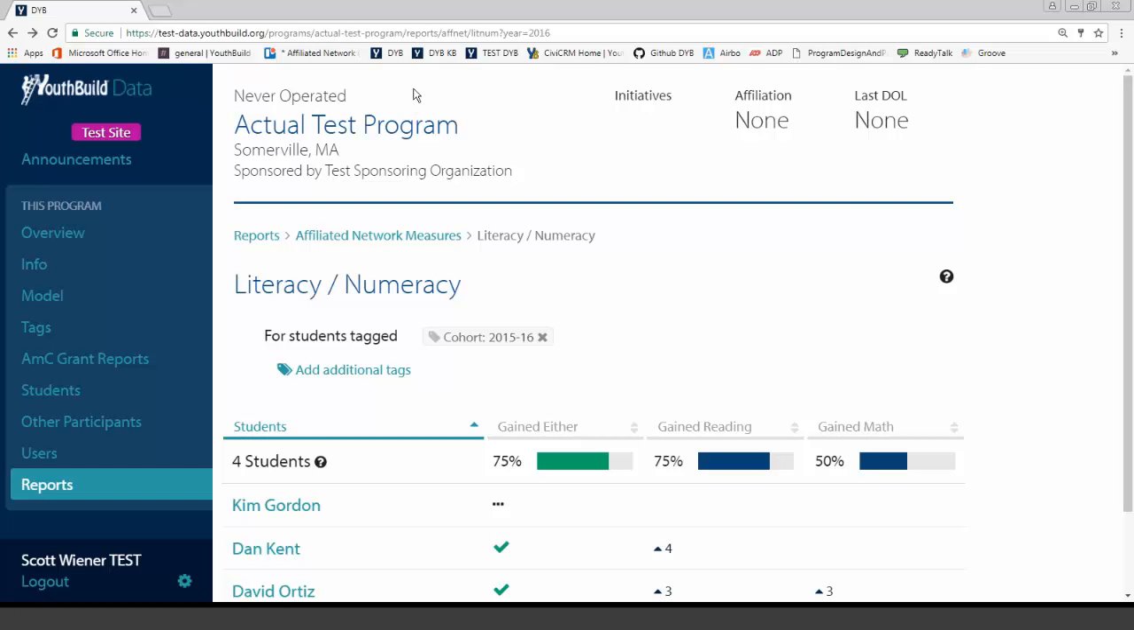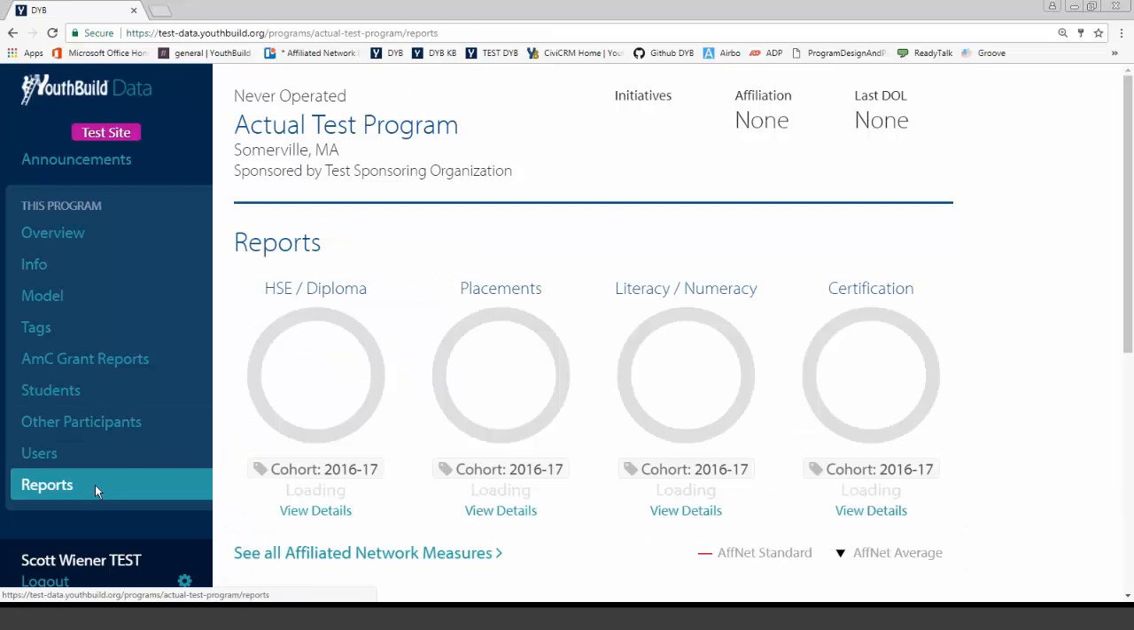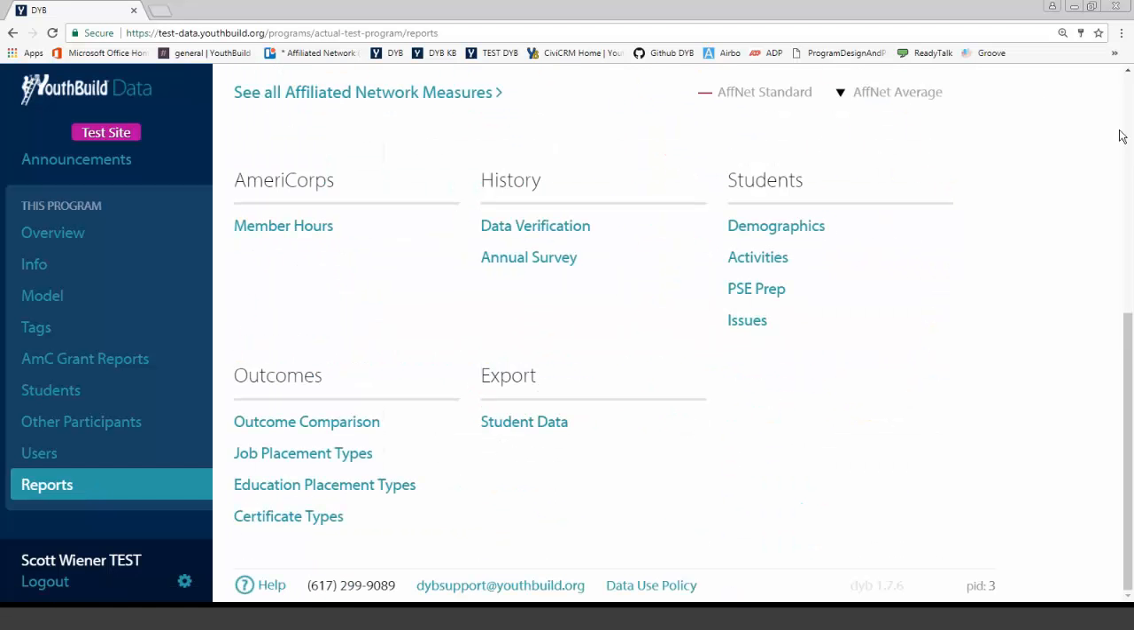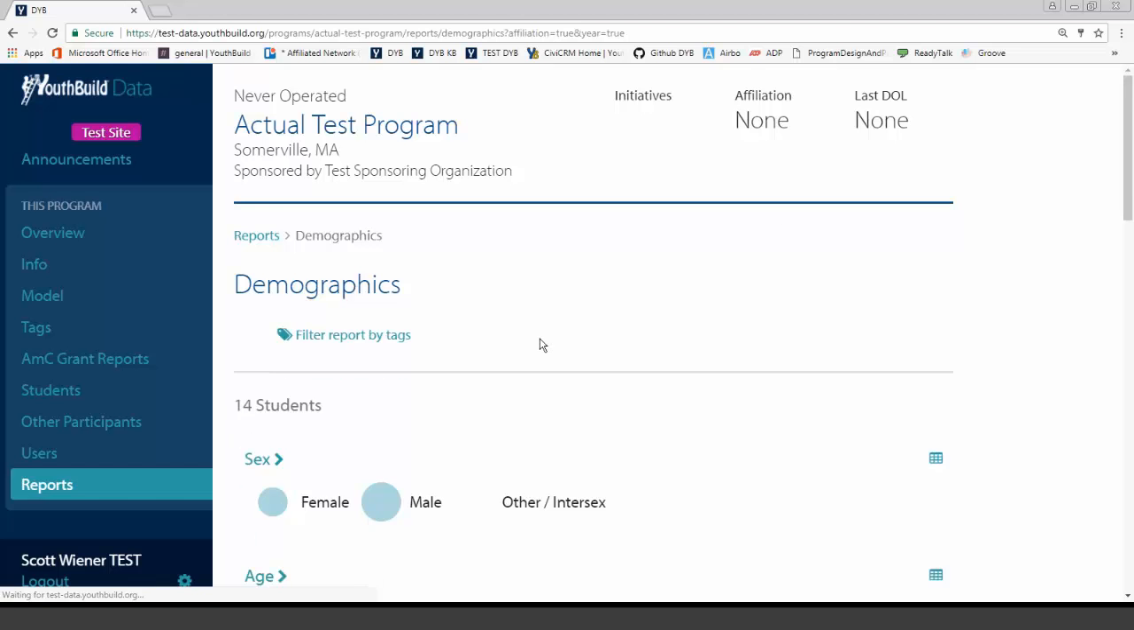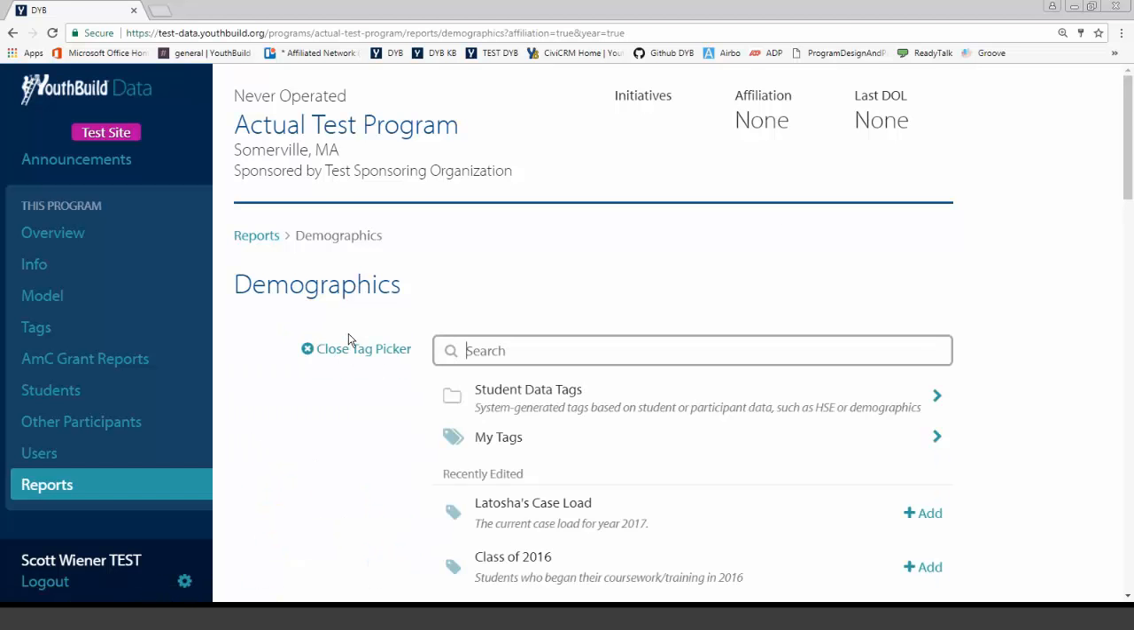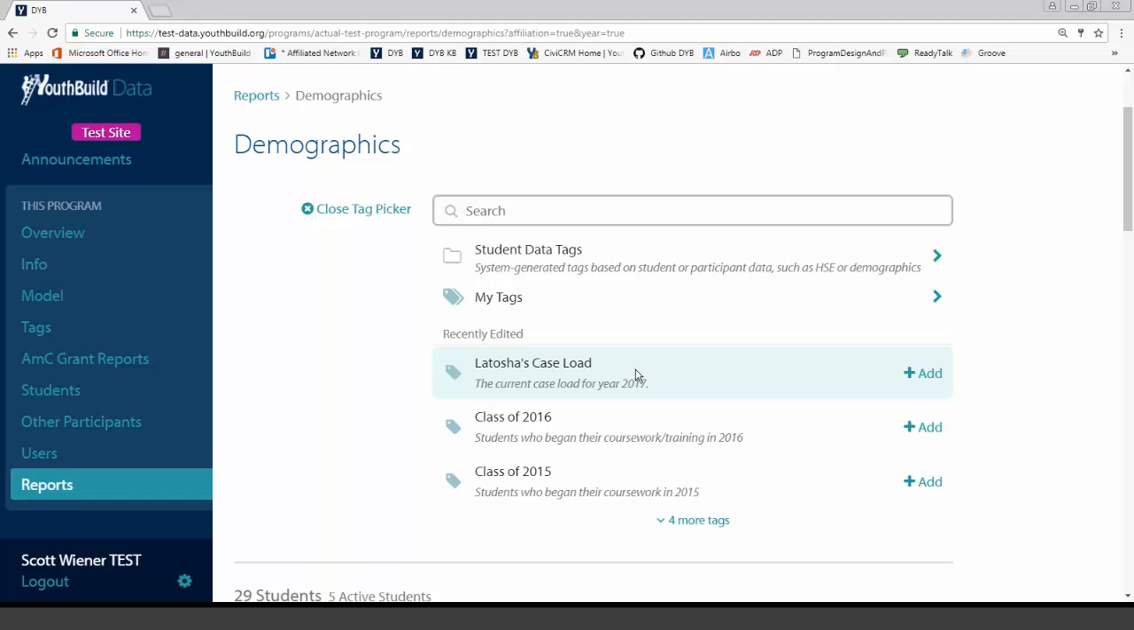Let's do another report example now. This time, let's do a demographics report. In order to do that, we click the Reports button in the left side menu, scroll down. Under Students, you'll see Demographics. For this report, I want to see the demographic breakdown for my case management tag. To do that, we click the X on the default tag, which again is 2016-17, open up the tag picker, find my most recent tag, which was Latasha's caseload, click on it,